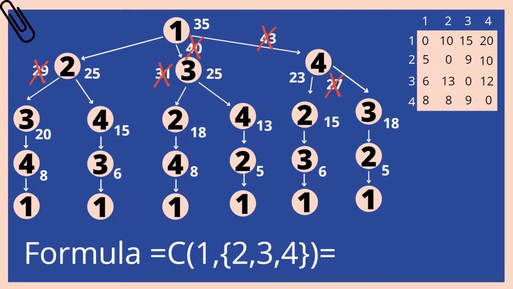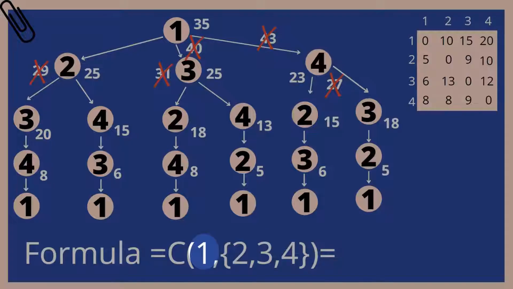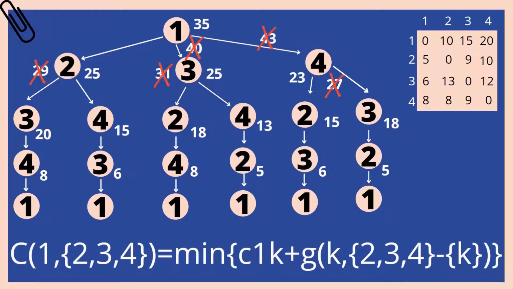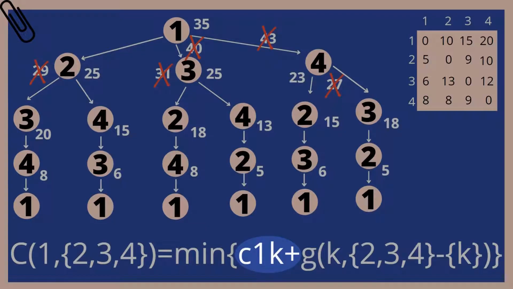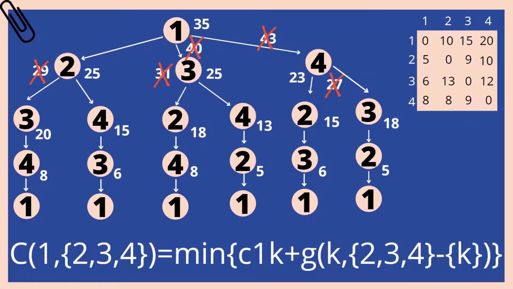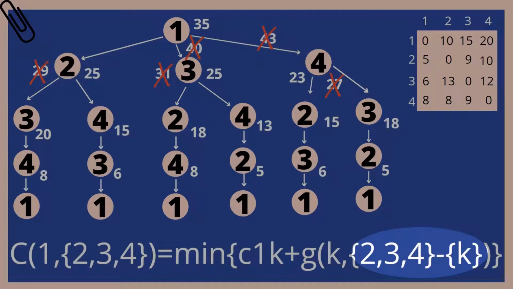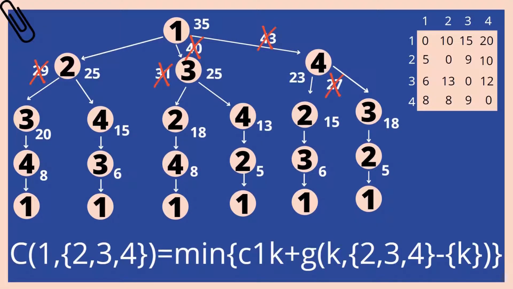So this was the brute force approach, but we are going to solve this problem through the dynamic programming approach. So let us derive the formula. Consider that we are at vertex 1. The cost, if it's represented as 1 and the remaining vertices are 2, 3 and 4, then I have to take the min from 1 to any city k plus the cost from that k vertex to {2, 3, 4} minus k. This means that I should write it for all k values where k belongs to 2, 3 and 4.